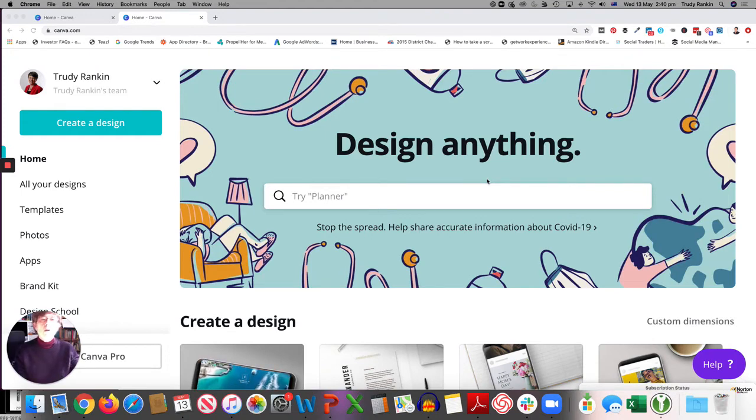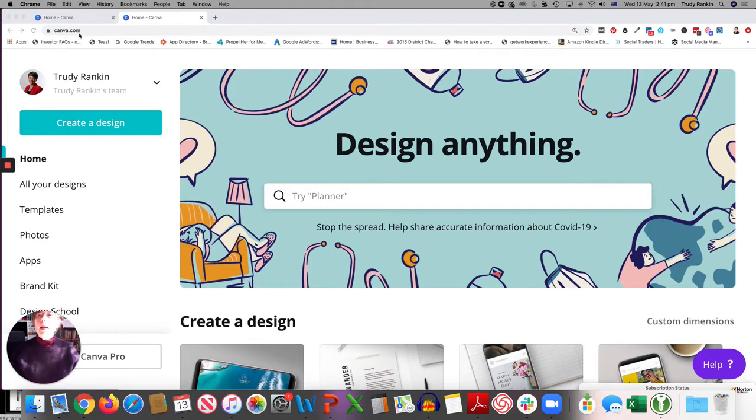First of all, you'll need to go to canva.com. Canva is an amazing tool that you can use to create just about any kind of visual image for use in a number of ways, either social media posts or actual things that you can print out. It's really quite a very lovely and effective tool.